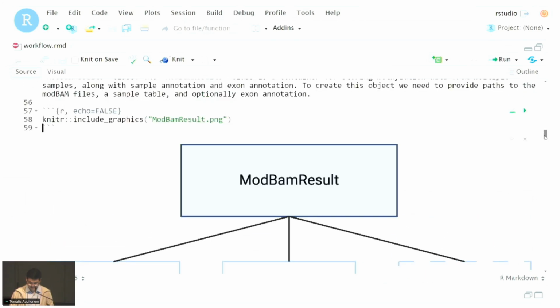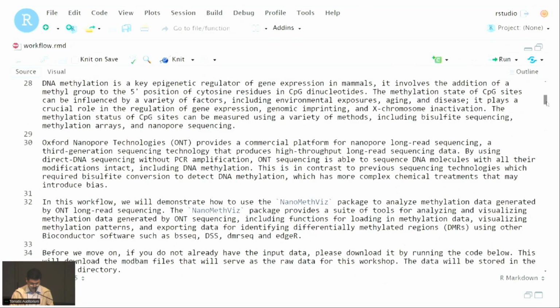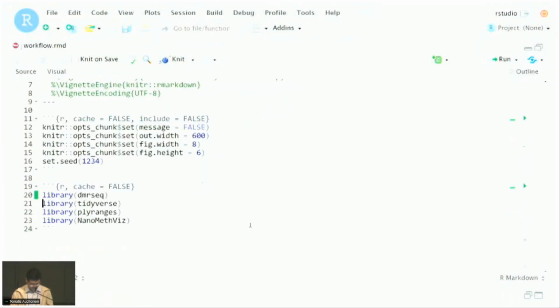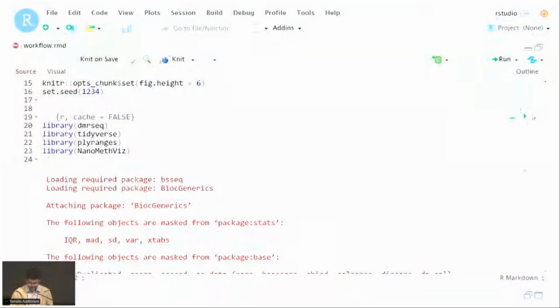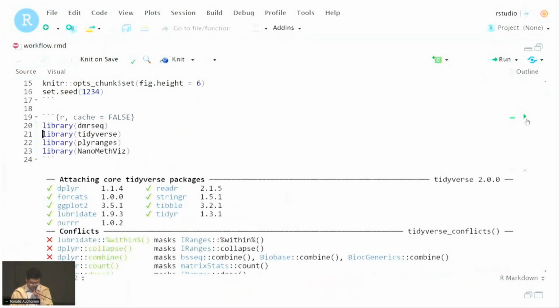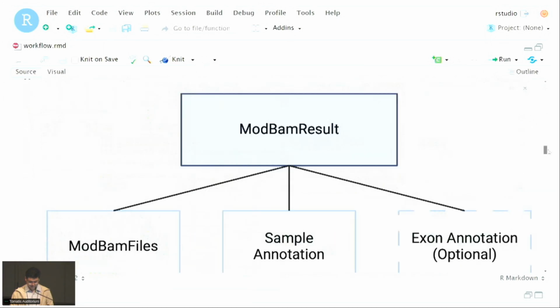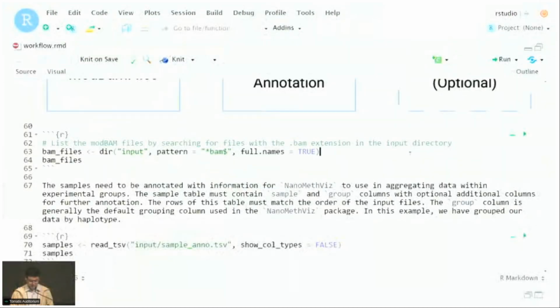I might have to scroll up and just load all my packages in. So I'm not used to Windows controls. Yeah. So we'll just go ahead and we'll start